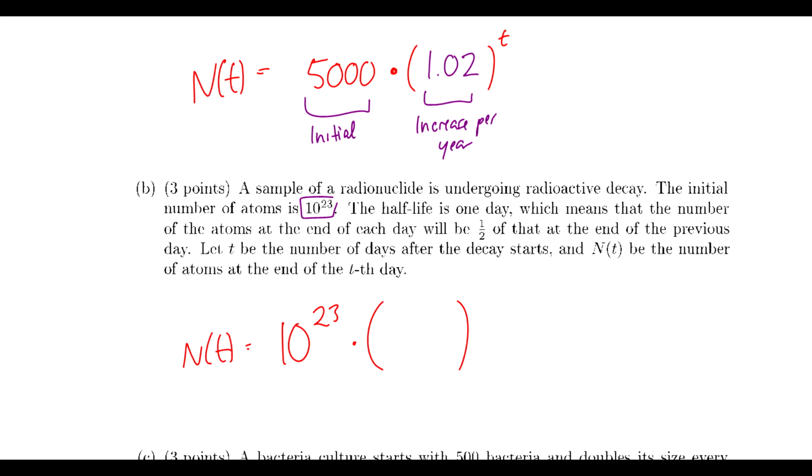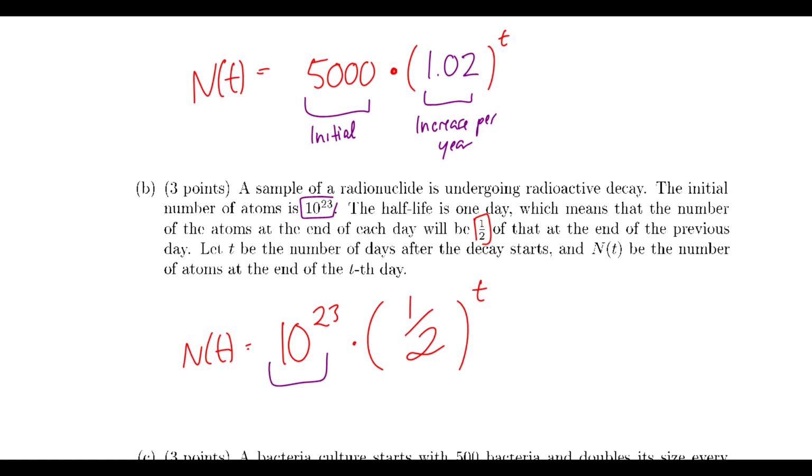The half-life is 1 day, which means that the number of atoms at the end of each day is going to be 1/2. So we probably want to multiply something by 1/2 here. And t is the number of days. So at the end of each day, it is going to be multiplied by 1/2. So after t days, it is going to be 10 to the 23 times 1/2 raised to the t,